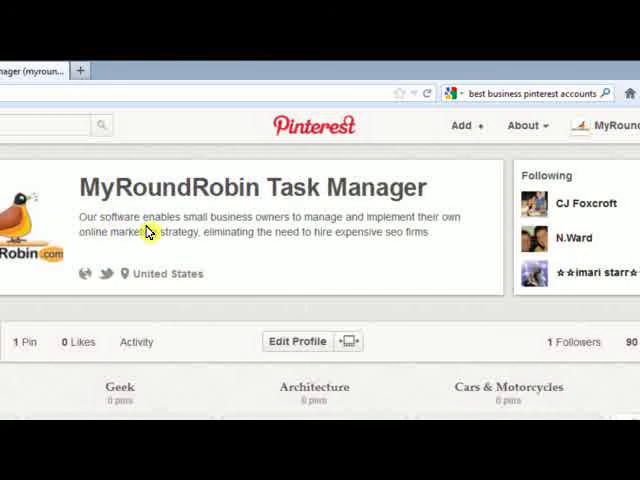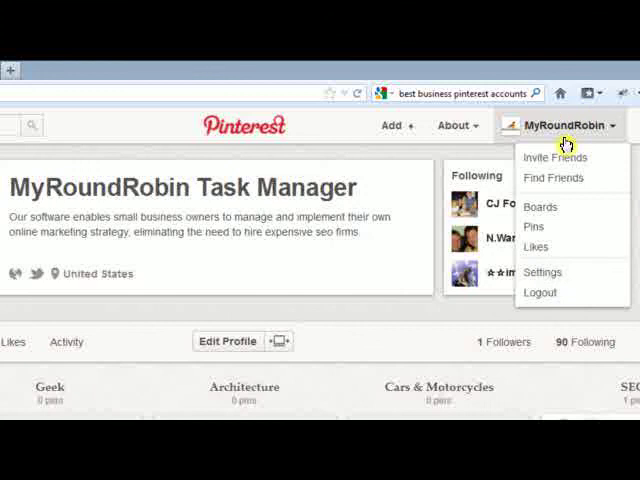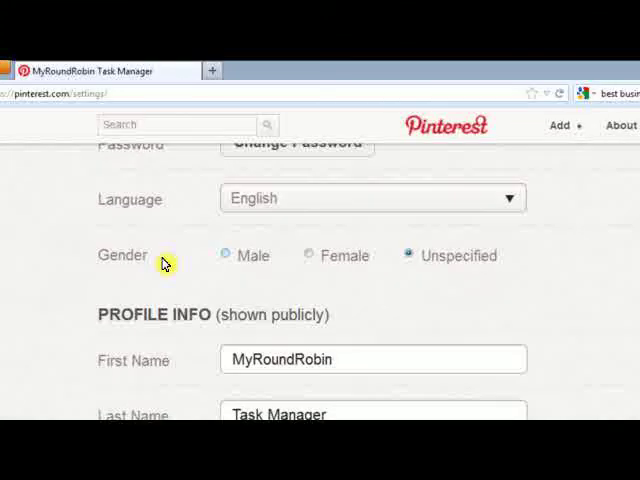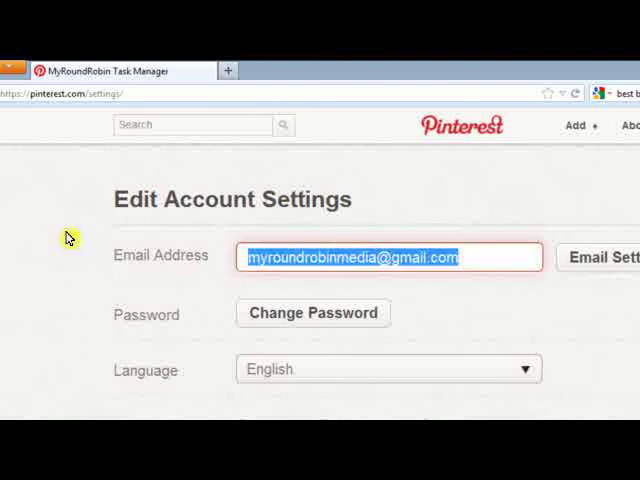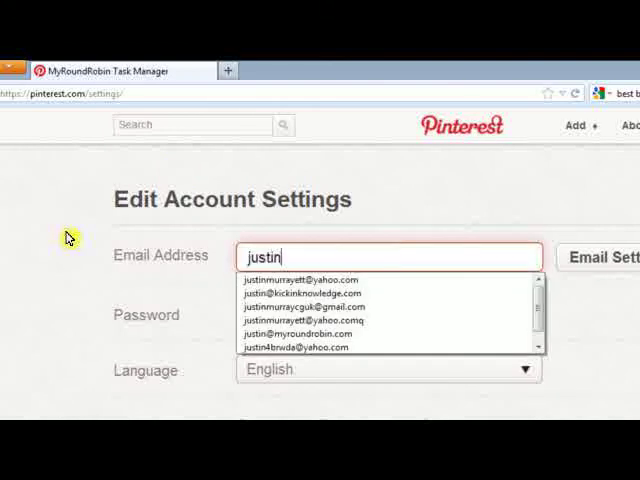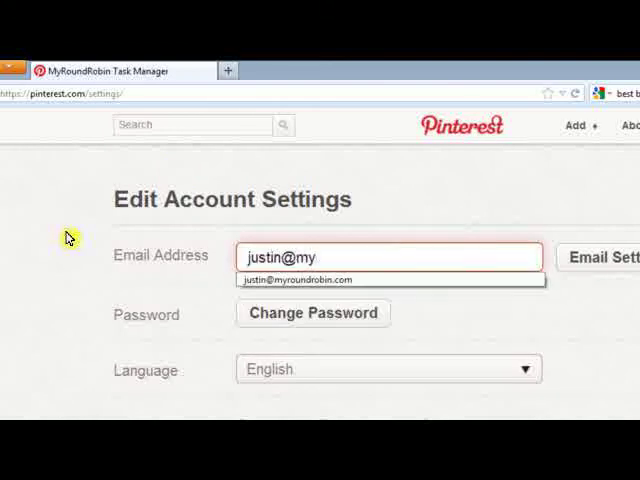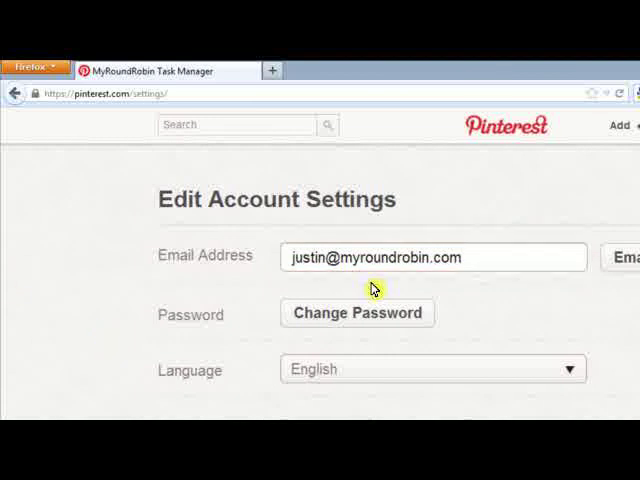And it already pulled a description from Twitter. It's a pretty good description. I've already optimized it on Twitter. What I'm going to go do though is go through my settings. You can see the email address which is associated with your account, and I'm actually going to want to change that one real quick. I'm going to change it to my Justin at My Round Robin,